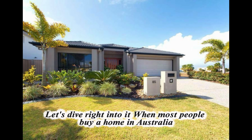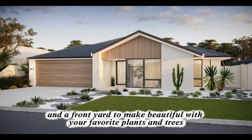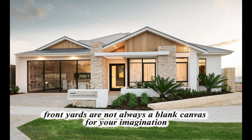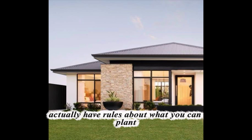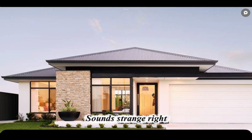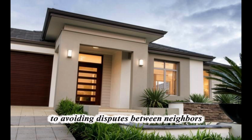When most people buy a home in Australia, the dream is simple. A cozy house, a backyard for the kids or pets, and a front yard to make beautiful with your favorite plants and trees. But what many don't realize until much later is that front yards are not always a blank canvas for your imagination. Some councils and housing estates actually have rules about what you can plant, how tall your plants can grow, and even what colors your front garden should look like. Sounds strange, right? But these rules exist for reasons ranging from safety, to maintaining neighborhood character, to avoiding disputes between